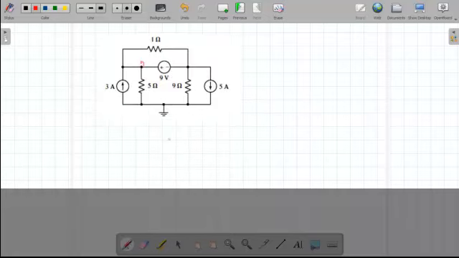So here we need to find the voltages V1 and V2. Here it's clear that we have a super node between 1 and 2. So we will write a single equation for the super node, then we can say that V1 minus V2 equal 9. So at node 1, V1 over 5, the current flow is 1, then V1 minus V2 over 1,